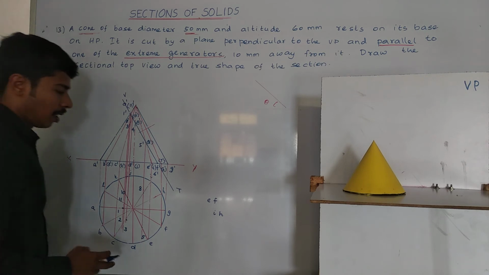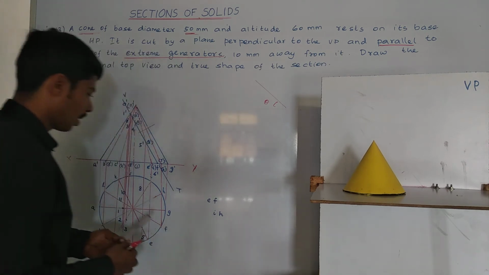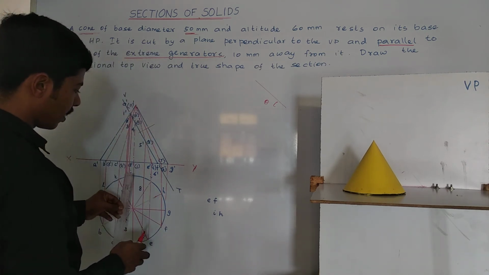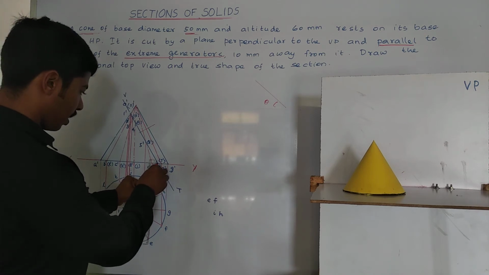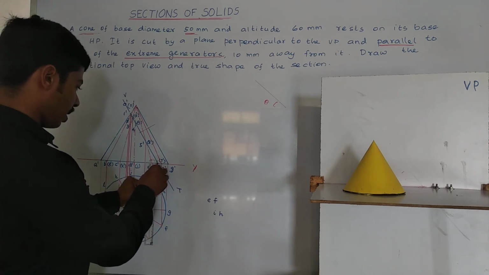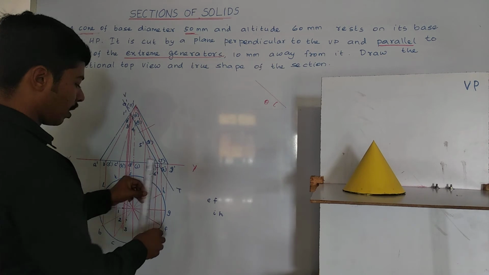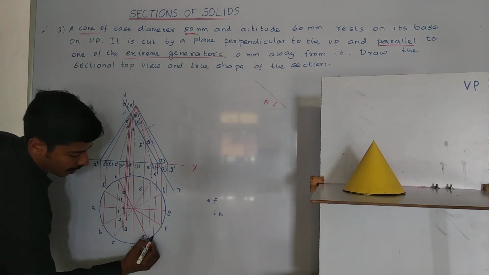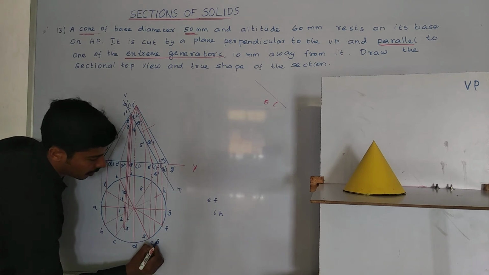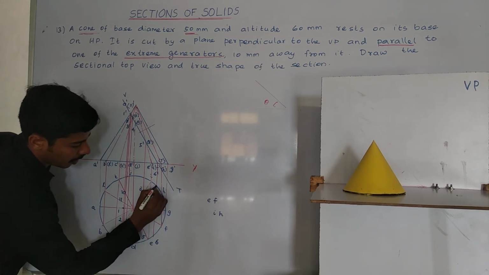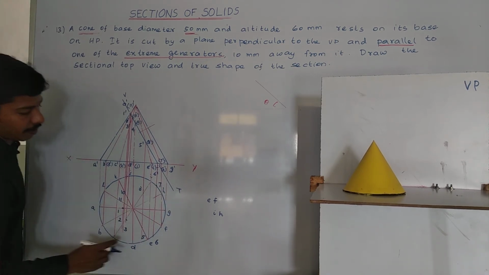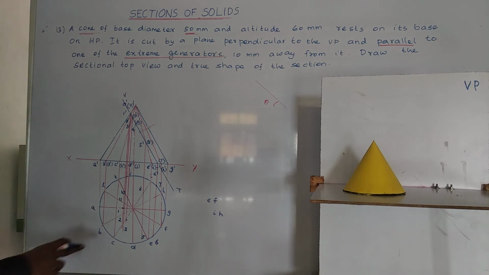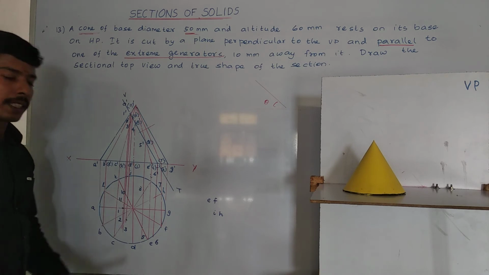Then the last is these points. So these are all the points in the base. That is EF and IH. EF is 6. Then here 7. Okay, 5, 6 and 7. Only 4 and 9 are left.